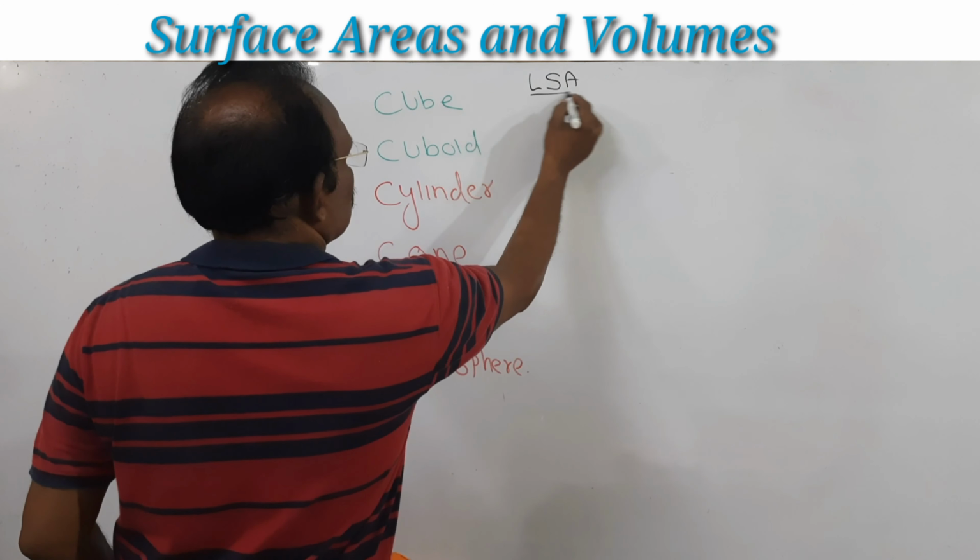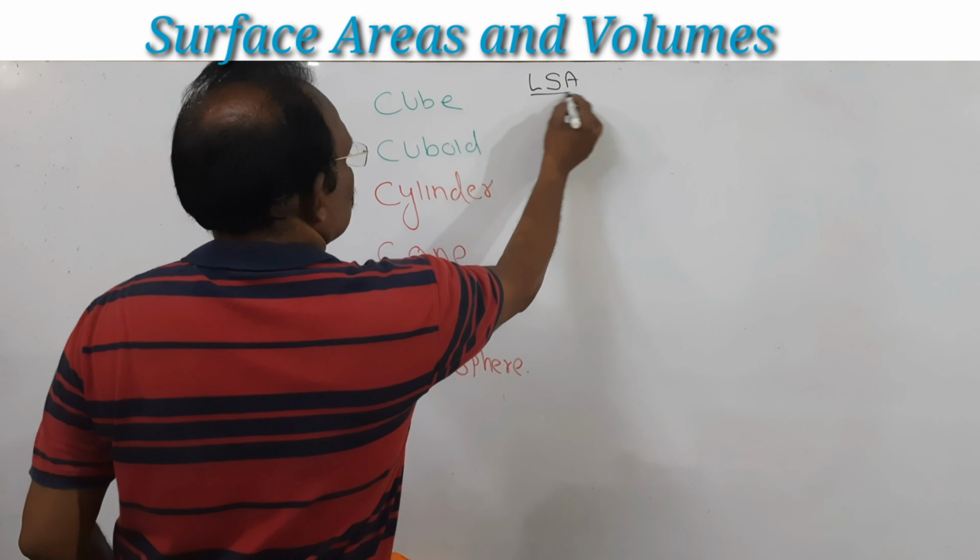Now if you can make out, pi and r are common here. Now what is left? L plus r. So same thing. Total surface area means this plus the base, which is only one circle. So pi r square, if you take out common, what you will get in your textbook is pi r (l plus r).